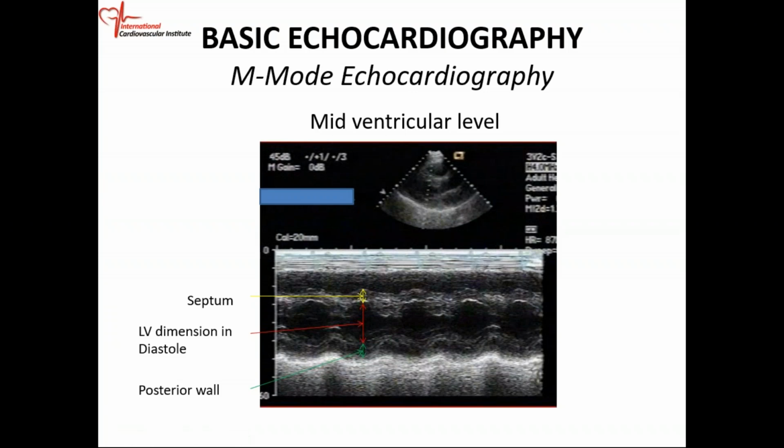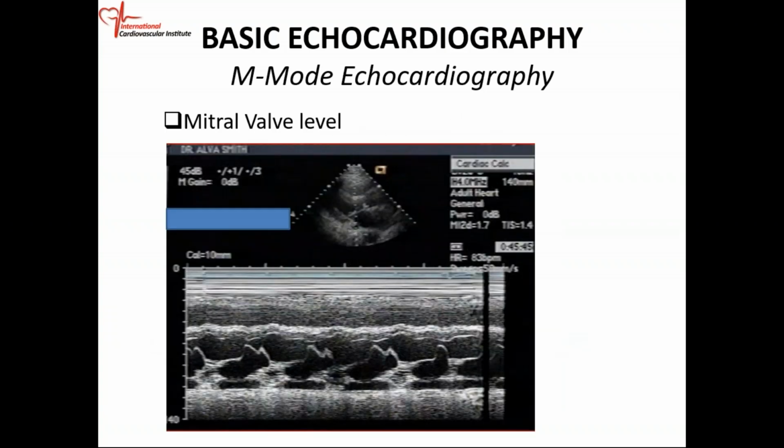So again, I'm going to stress, if you know how to do a regular normal echo, you should do well in any exams. So if you're going to measure the LV dimension in systole, then where the septum dips down the lowest, you just drop a perpendicular down to the posterior wall, and that's your LV dimension in systole. Because in systole, the septum and the posterior wall come together. That's how the heart pumps.